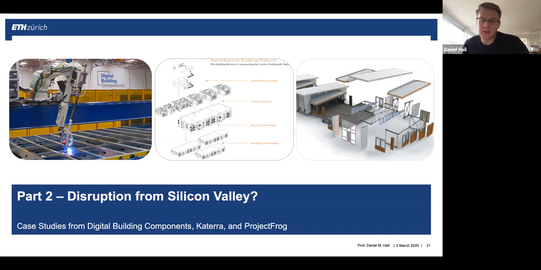So I would say that you're correct. This is the motivation for doing it, this kind of industrial manufacturing and replacing the traditional craft on site. Because traditional craft on site, as we saw last week, is suffering from lack of availability. We don't have enough laborers that can meet the needs that we have for construction. And it's very expensive because we don't have those laborers. So it's a good question.